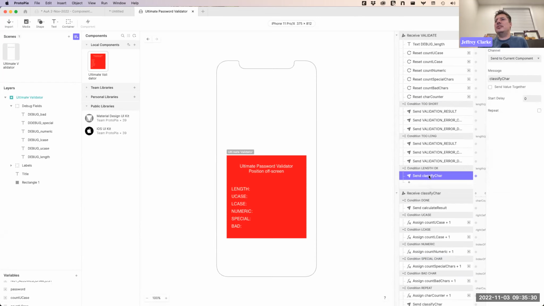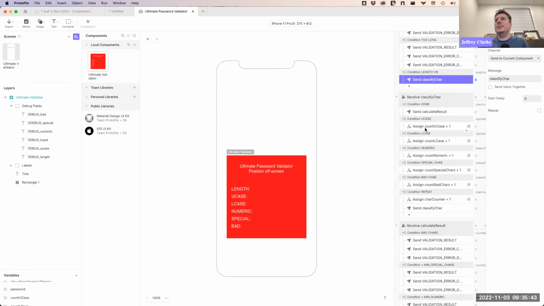So I've used that send the message to myself technique right here, because I didn't want to have all of these conditions plus all of these conditions. This was a way to help me organize. So I'm checking for length first. If it passes length, then I'm going to go into character classification. And when that is done,